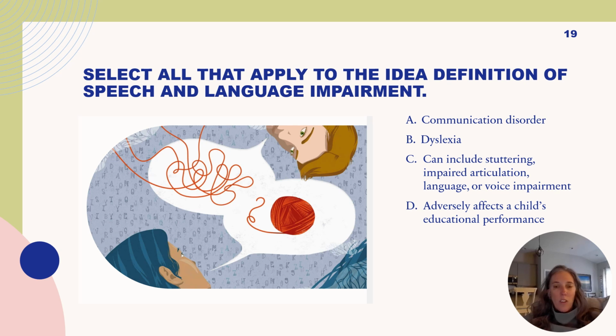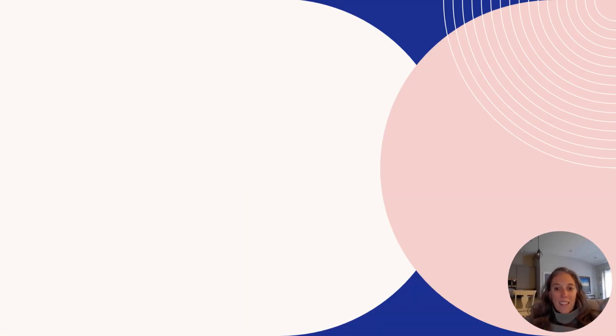Dyslexia actually falls under the specific learning disability category, and speech and language impairments do include communication disorders that could include stuttering, impaired articulation, language or voice impairment, and they also need to be shown to adversely affect a child's education performance. And that sums it up for